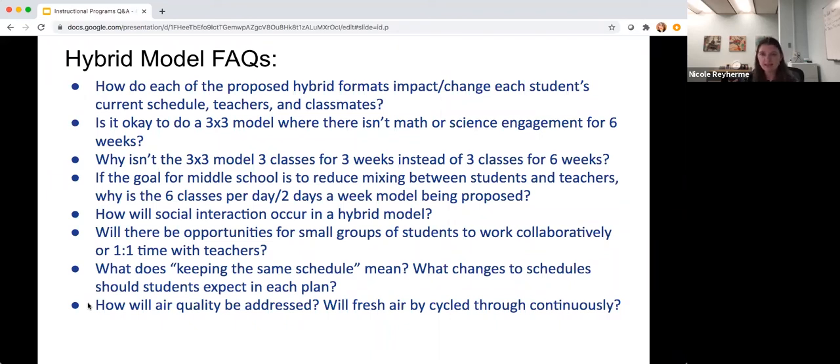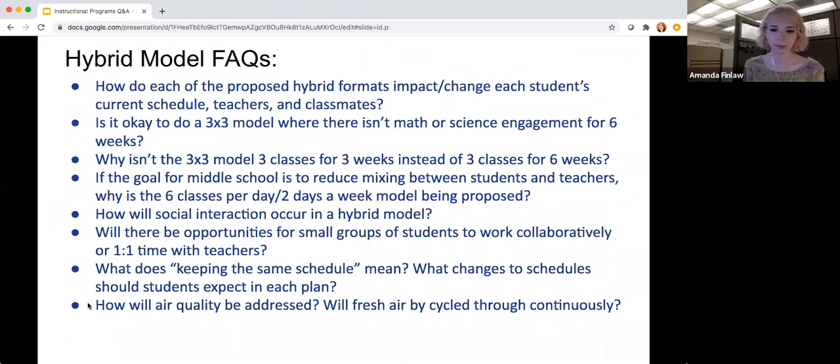Anytime we bring students back, whether it be at the beginning of the school year or now it's almost like the beginning of the school year again, there's always going to be a balancing that has to happen, and there are going to be some changes. And so we know that there's going to be some disruption to student schedules, and we're just trying to get a sense of what our community's priorities are in that line.